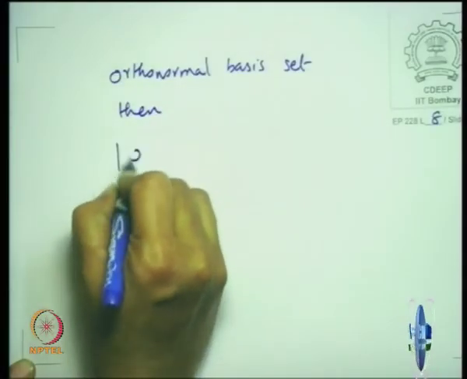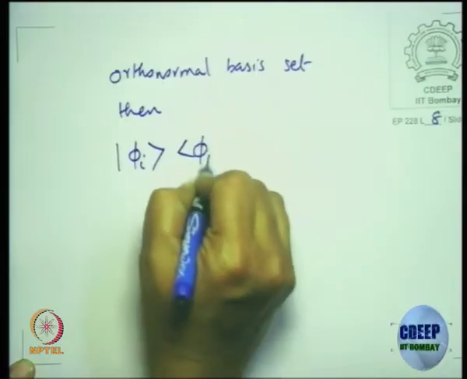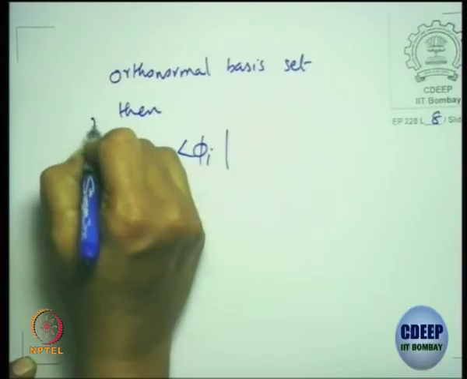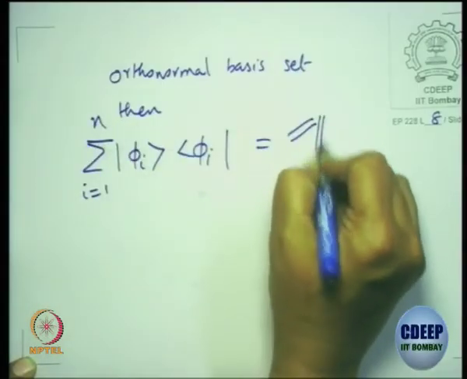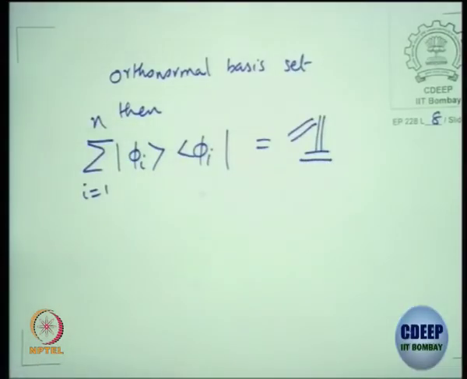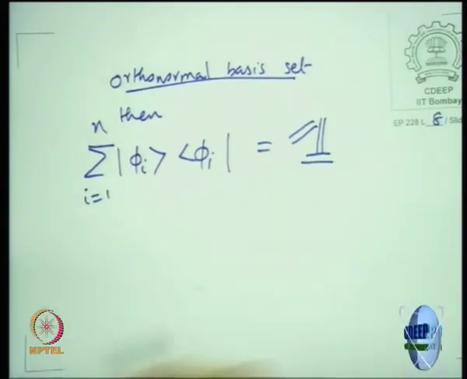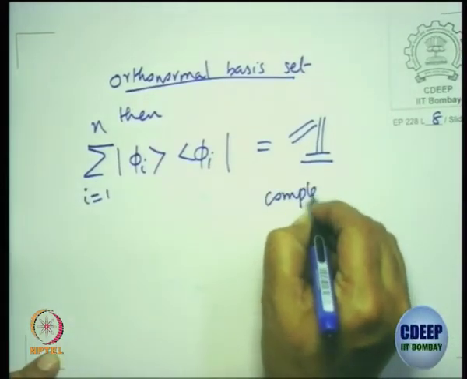So, if I say orthonormal basis set, then the summation over i from 1 to n of |phi_i><phi_i| has to be an identity operator. If I call this by definition a basis set, then this has to be satisfied. This is called the completeness condition,